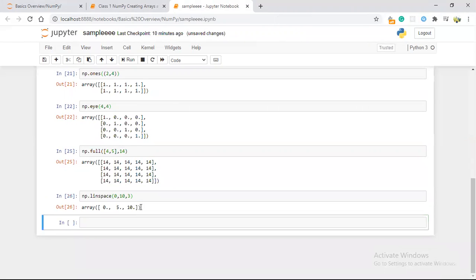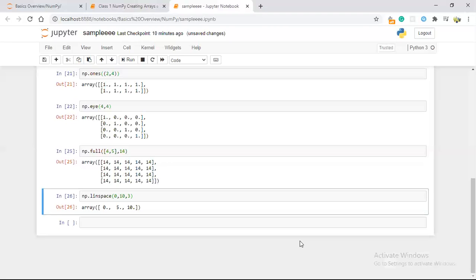Let's execute. So we have a 0, a 5, and a 10. For 0 to 5 the interval is 5, and for 5 to 10 the interval is 5. So when you have 3 elements or n number of elements, the space between the elements will be equal. That's what linspace is.